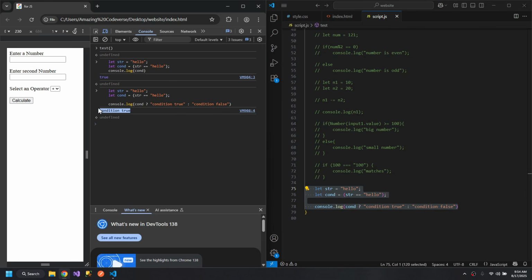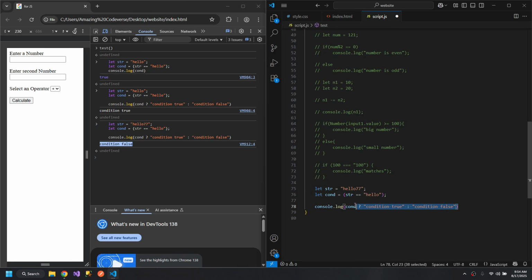So you can see that it's telling me the condition is true. Let's change this to something else. Now it's saying that the condition is false. So this is a shortcut of writing a simple if and else. And we can also assign this ternary operator